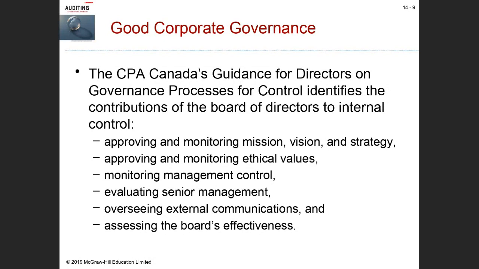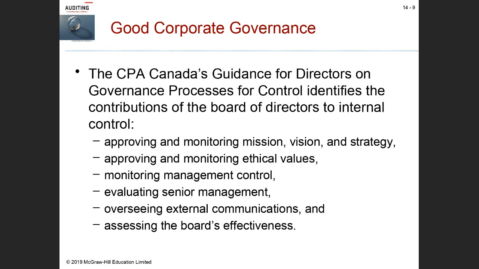Approving and monitoring of ethical values, right? Very important in business today, because businesses are monitored, of course, by many interest groups in our economy. And the minute typically something goes wrong, it's often reported in the press. So we want to have high ethical standards, and as well to motivate the people that work in our business, so that they believe that they're going to be addressed and treated fairly.